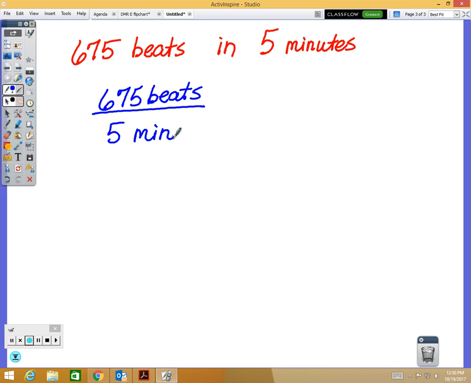So since I want to know how many for 1 minute, that is the indication of how we knew that minutes needed to be on the bottom. Okay? So again, I want 1 minute. So we're going to find the missing number. And we just wrote down that to find the unit rate, we are doing the numerator divided by the denominator. The top divided by the bottom. So again, this is where your calculator comes in handy. 675 divided by 5 is